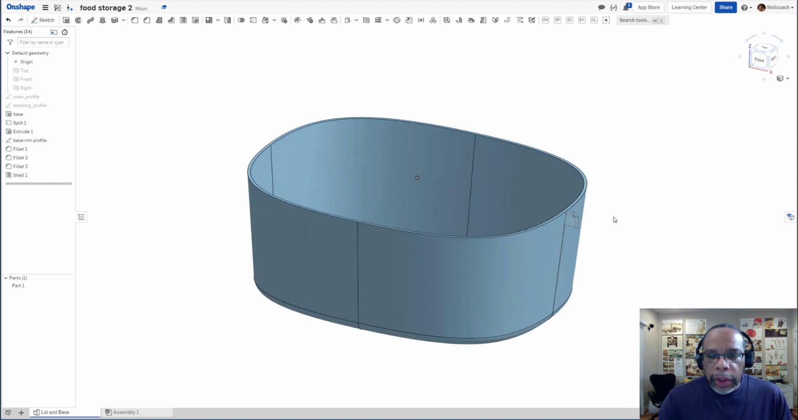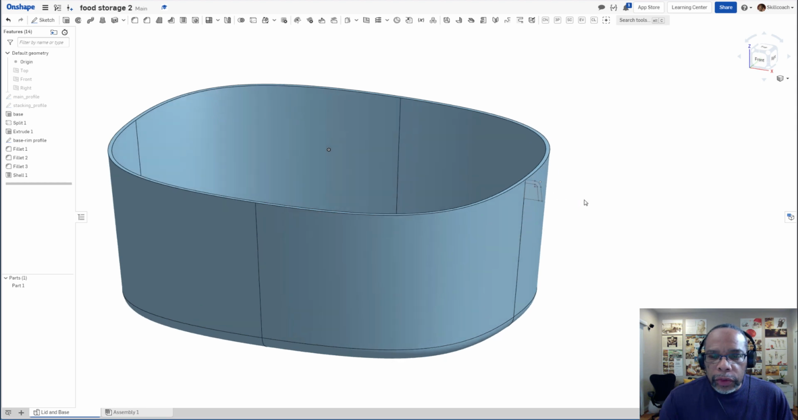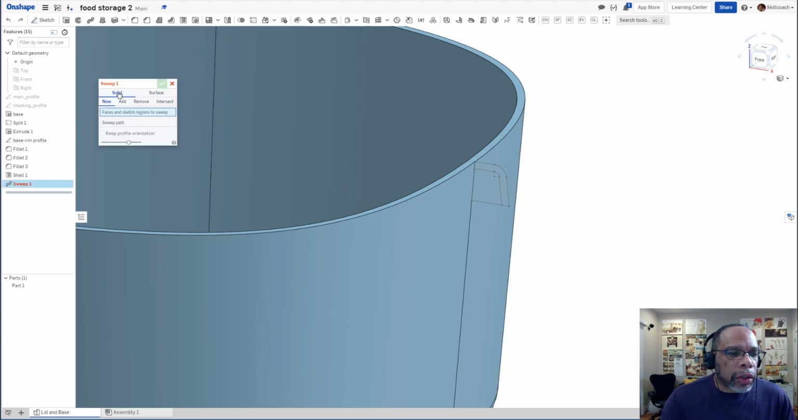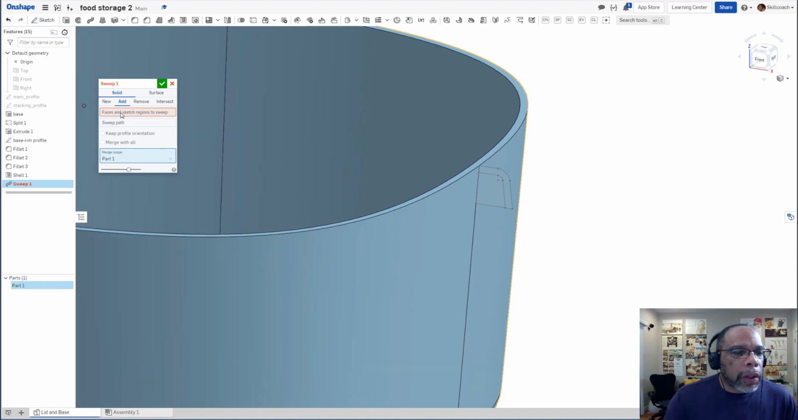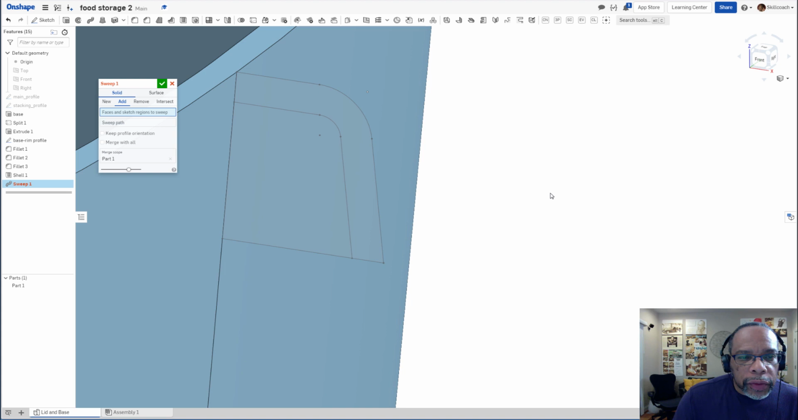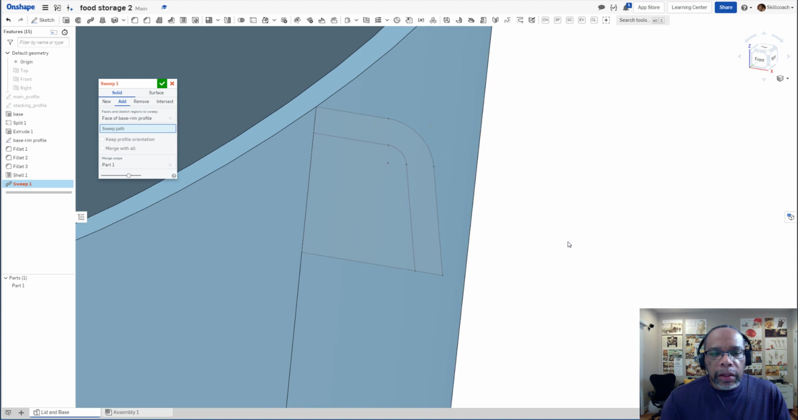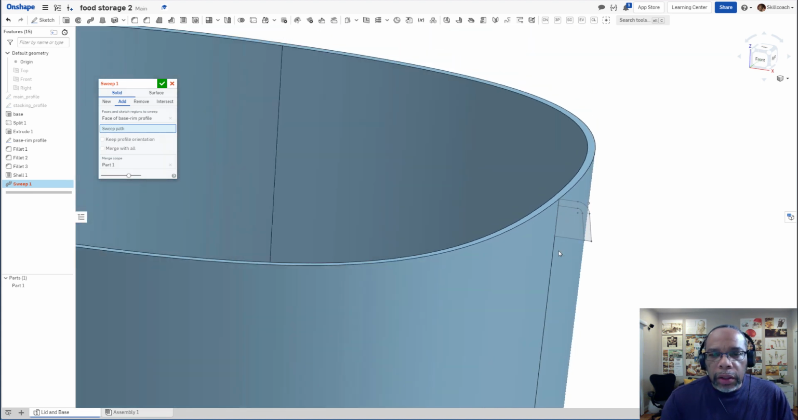And now we're going to go ahead and sweep the rim around. So I zoom in. We're going to pick the sweep. We want solid. It's going to be added to, and we're going to add it to the base, which is part 1. And now the section, or the face of the section to sweep, is going to be this portion right here. Now we activate the sweep path, and that's going to be around the outside of the part,